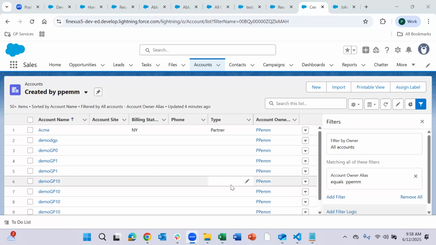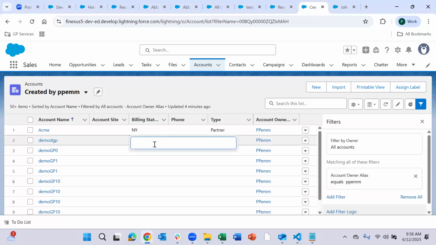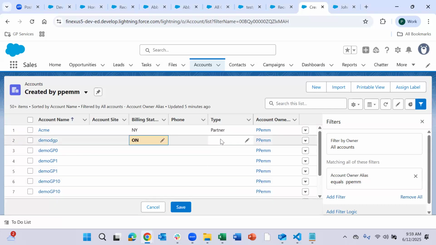Okay, now somebody is asking, if I want to apply more than one filter condition, how do I do it? For that, let me fill in something.